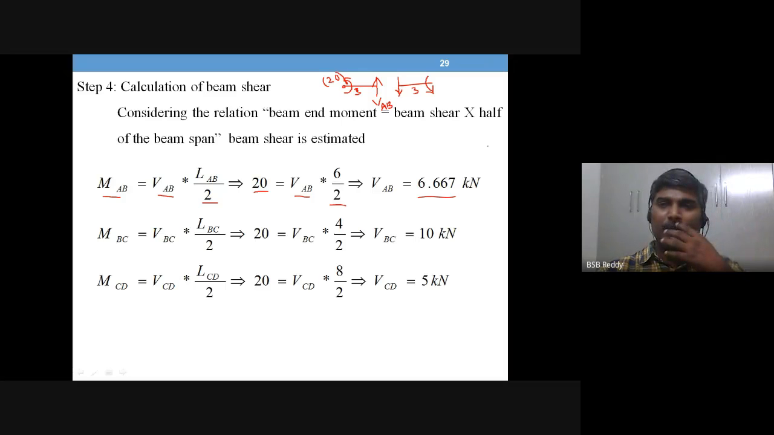Same way for the other part of the beam also. You see, this is 20, this is 3, and this is the V value. So V into 3 is equal to 20. Same, the direction should match with this. Okay, so there is a hinge in between, an imaginary hinge there. So that's how the shear forms